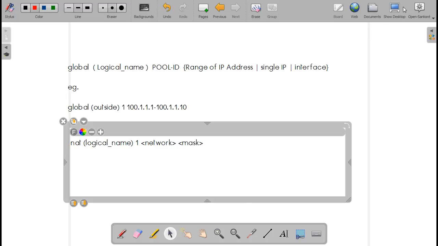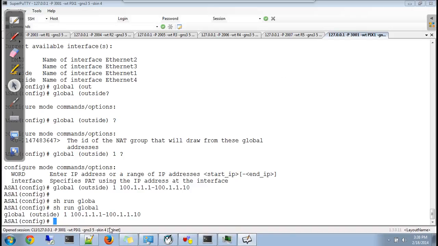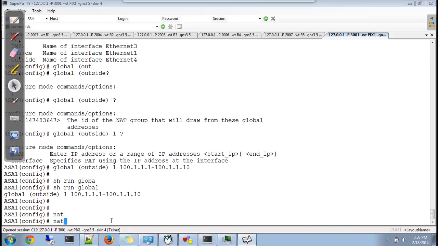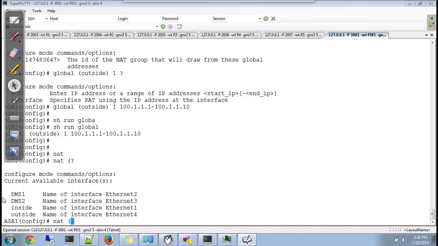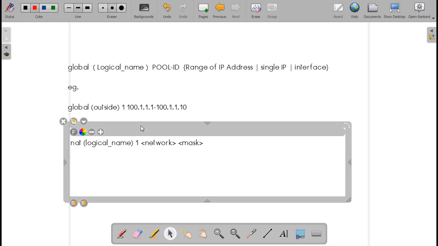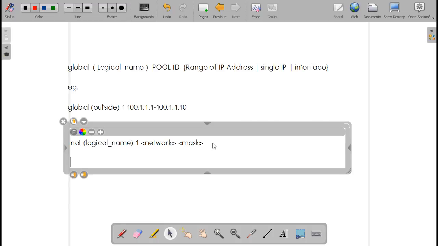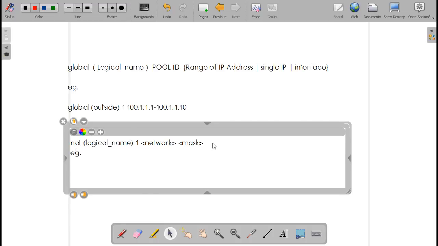You have to say NAT in the brackets, you need to write down the name. Okay, now understand the command. So example of this is you have to say NAT, which is a keyword, then the logical name of the interface